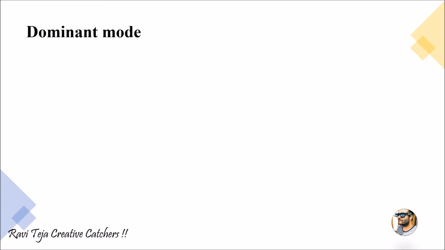In today's class, we are going to learn about dominant mode. Whenever the operating frequency in a rectangular waveguide is greater than the cutoff frequency, the mode is considered a dominant mode. This can also be put in a way that the mode with the lowest cutoff frequency is called the dominant mode. As the name indicates, dominant, the operating frequency is more dominating than the cutoff frequency. Then the mode is considered a dominant mode.